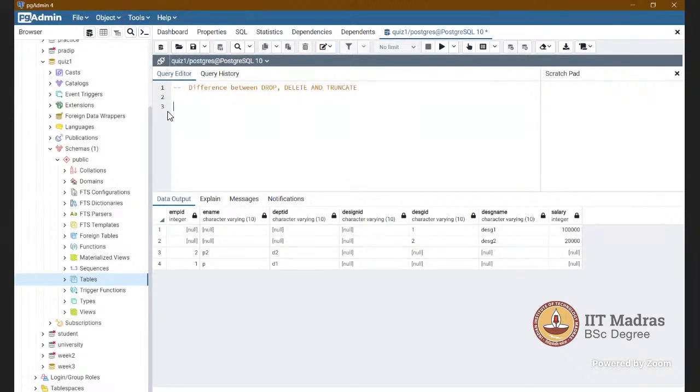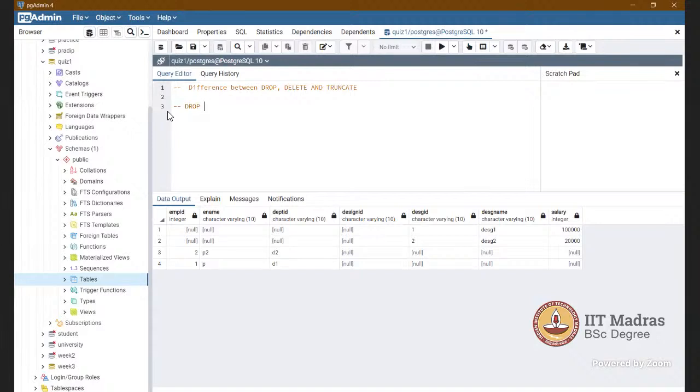Can anyone tell what is the difference between drop, delete, and truncate? Drop removes the entire table, right? Delete is only for a few rows. And truncate, let me guess, there must be some catch there.